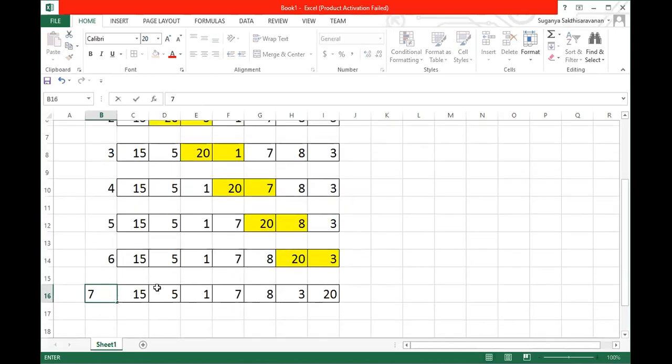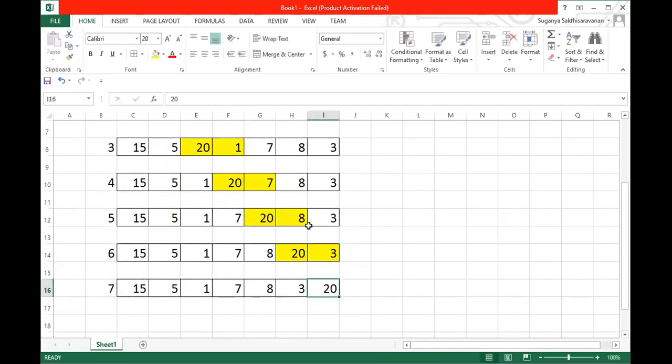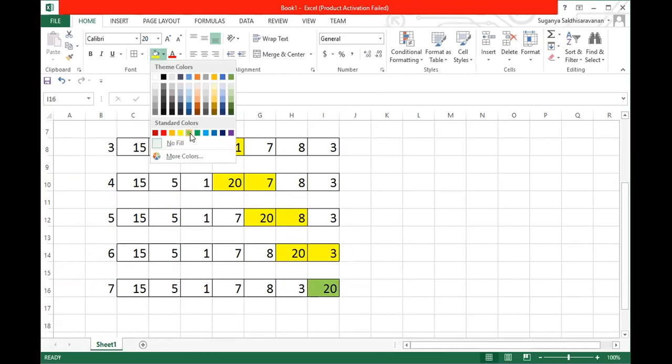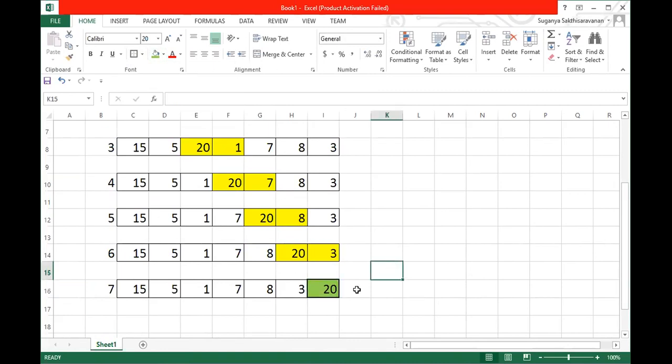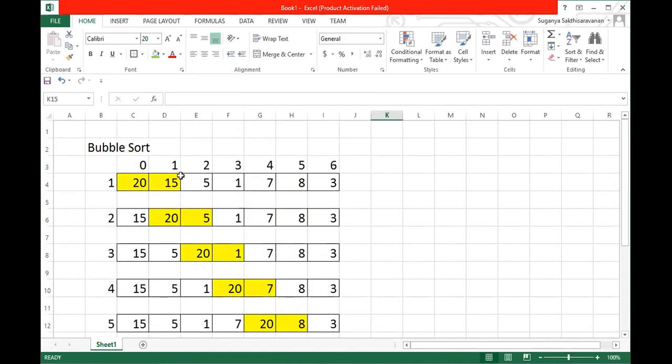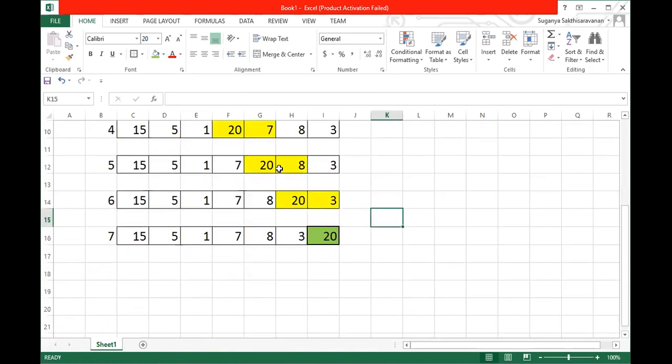So at the end of my seventh execution, what is achieved? The overall largest element has been brought to its position, isn't it? This is the exact place for the overall largest element. So how many elements are there? 7 elements are there. At the place of the 6th iteration, the element is brought to the appropriate position.